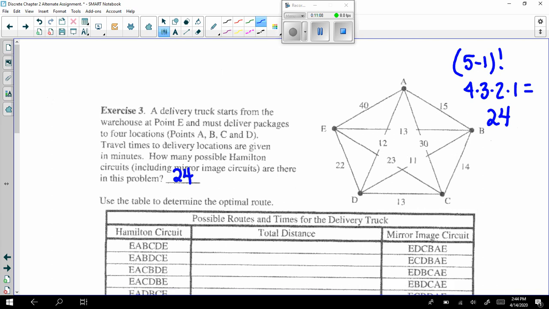But what's nice here is that they came up with all the different possibilities. So all we have to do is come up with